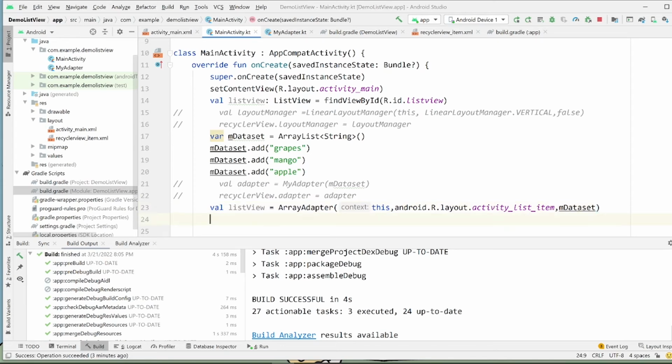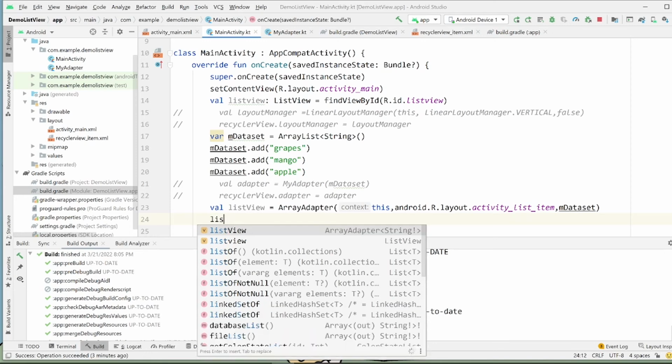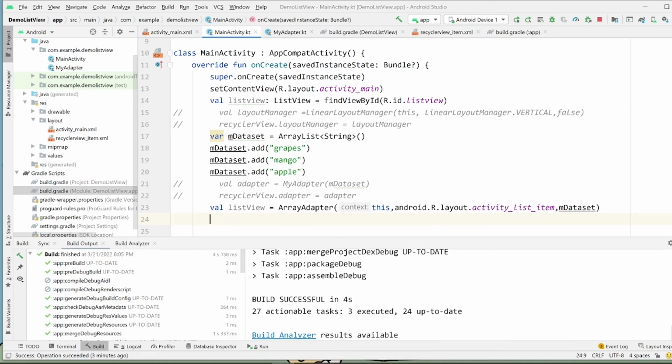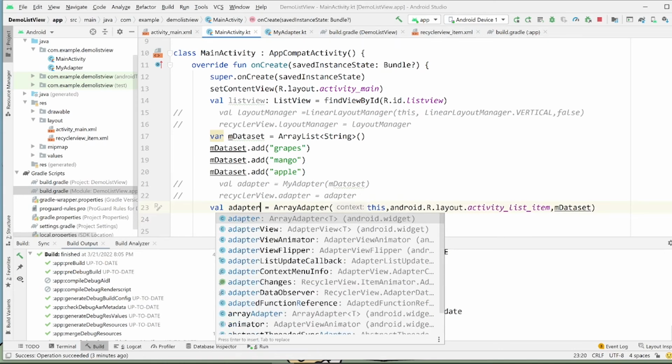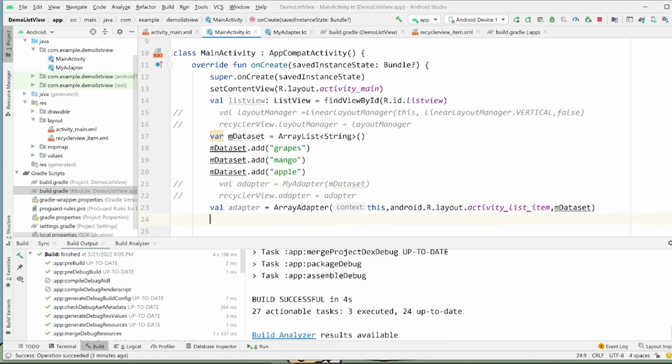And the last step that's needed is, wait, I should not call this ListView. I should call it adapter. ListView.adapter equals to, okay.